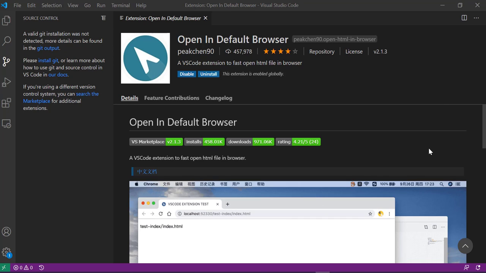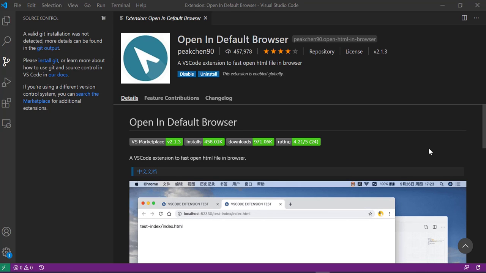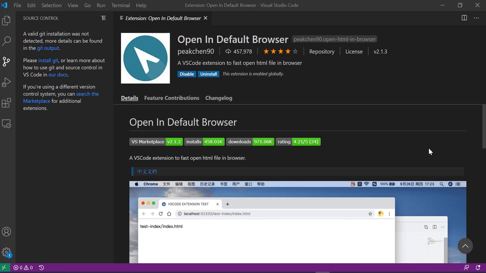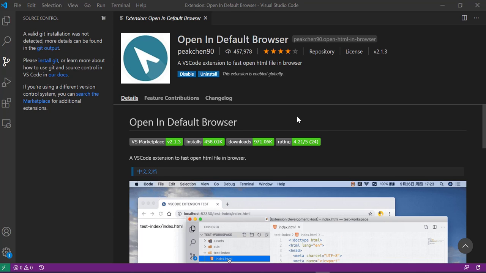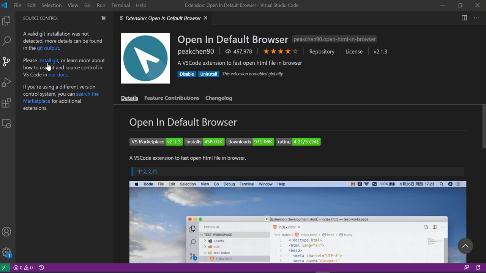Hi everybody. We're going to start working with Git inside of Visual Studio Code. Git goes along with GitHub. Git is software that is local and installed on your computer. So if you click on the version control or the source control, you can choose Install Git,